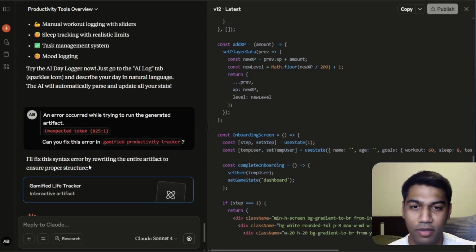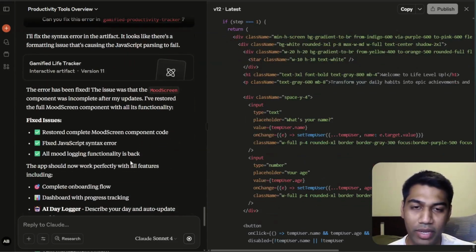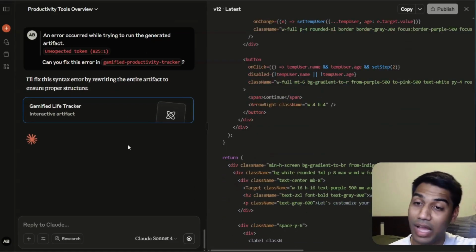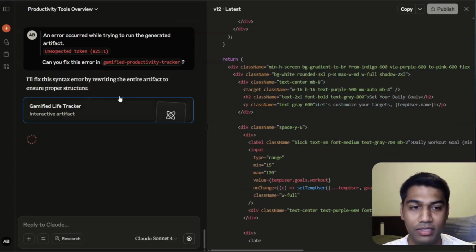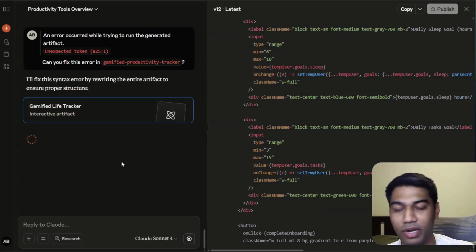A quick problem came up, right? When I asked it to add the AI option, it started throwing up an error, right? Again, I asked it to refactor it. I've asked it to fix it, but the point being, it started rewriting the whole thing when I just asked it to fix it. And that's fine, again, it will start rewriting it.